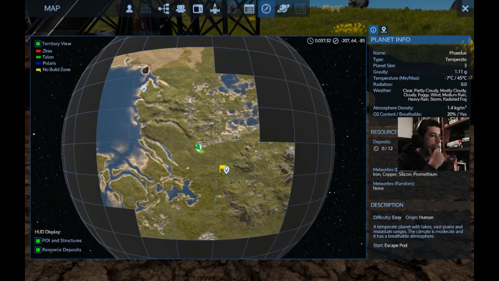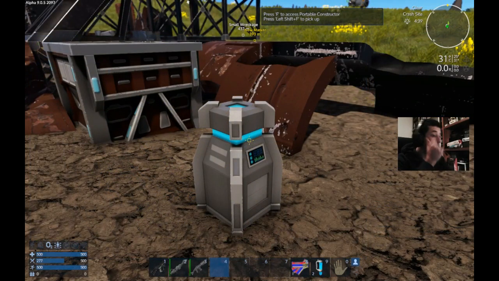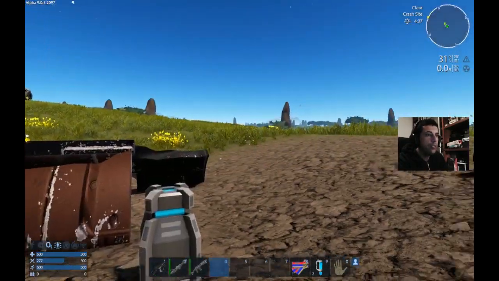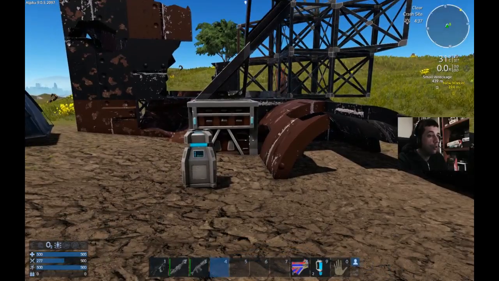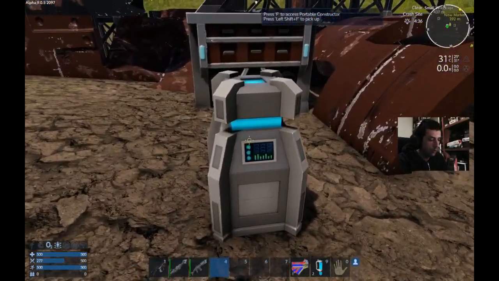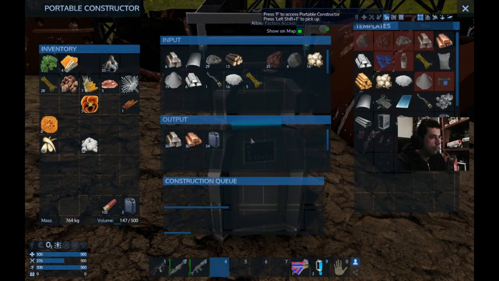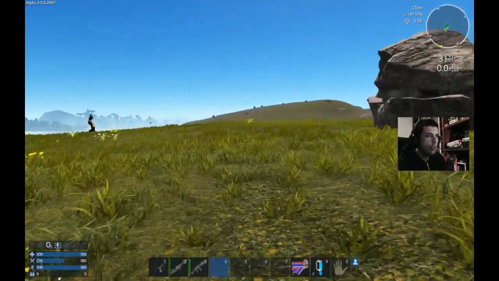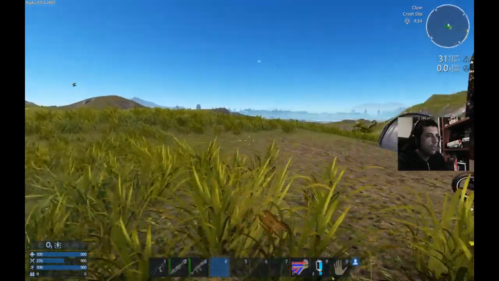My question is staying around here, which I don't dislike. It's not a bad area. Or if I go somewhere else, which if I'm playing with the logistics, it's not going to be easy because I cannot bring everything. So what I will do is set up some kind of temporary base around here, nothing too fancy, and